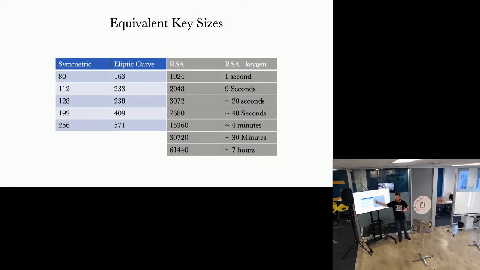So elliptic curve, which we just covered quickly, is much smaller than the equivalent size RSA key. So this RSA key at 1024, which do not use a key this size, they're totally insecure. And these are generated in about 1 second. So the computational power required to generate an RSA key of 1024 bits is about 1 second. Also, these numbers for generating this size key were worked out on a Core 2 Duo, which is really, really old. If you were to do this again on, say, an i9 or something very new, these numbers would be an order of magnitude smaller.